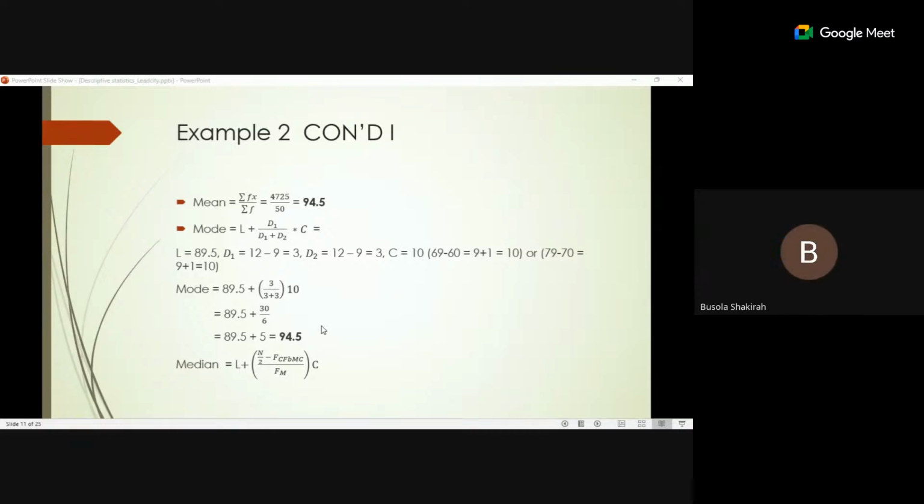Yes, sir. Well done, sir. Thank you very much for the lecture. Now, back to the class interval, sir. You gave us a range between 60 to 69, 70 to 79, and so on. What if the class interval is not given as a range? Probably we are given a particular number, like 60, 70, 80, 90, without a range. How do we now get our